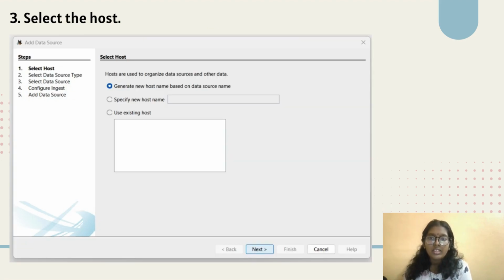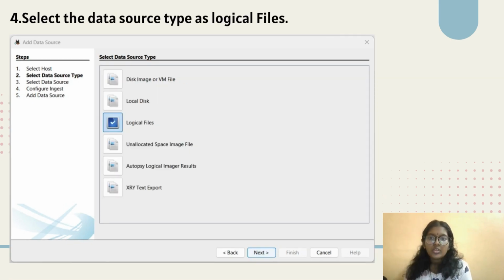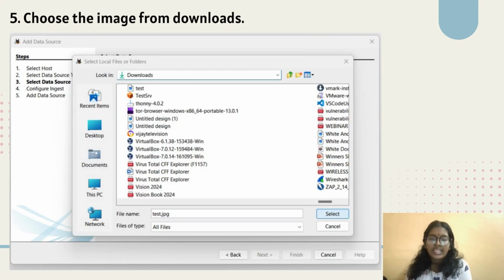After that, we go through some steps, such as select host. We are going to generate a new host name based on the data source name, so click on the generate option and click next. The second step is to select the data source type. I'm selecting the logical file and clicking next. Then in the third step, we choose the image which we are going to test.